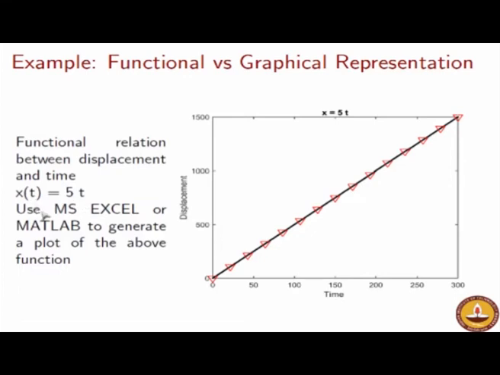At time t equals 2 seconds, the object is 10 meters away. At time 3 seconds, the object is 15 meters away, and so on and so forth. So this function exactly captures position with respect to time, which our timetable of Mumbai Rajdhani Express was not able to capture.